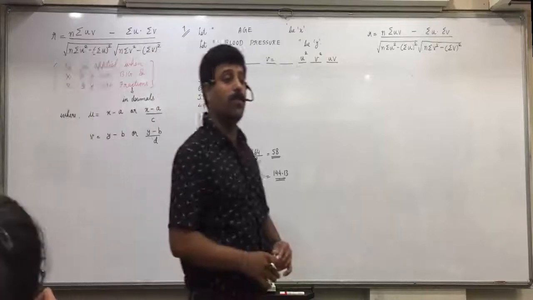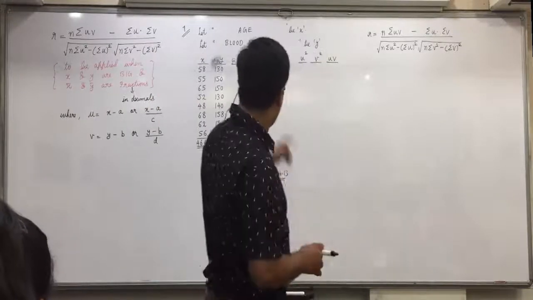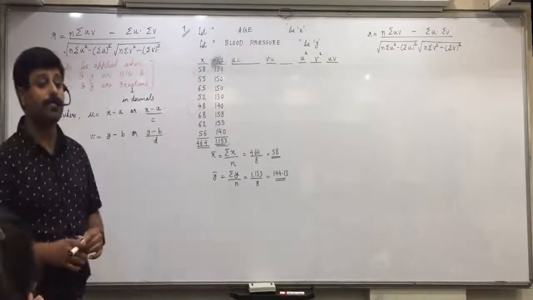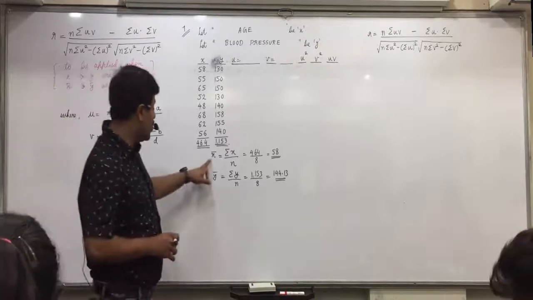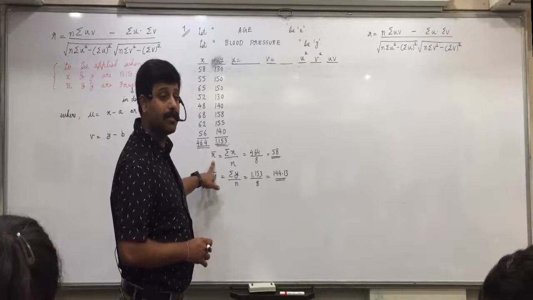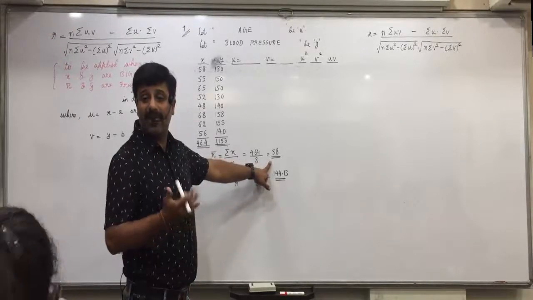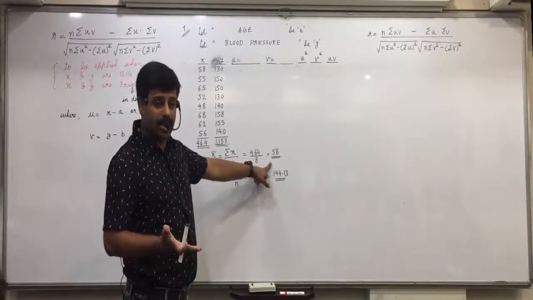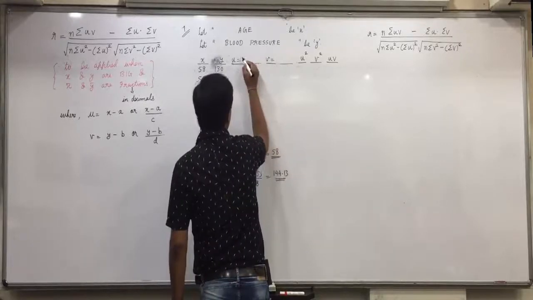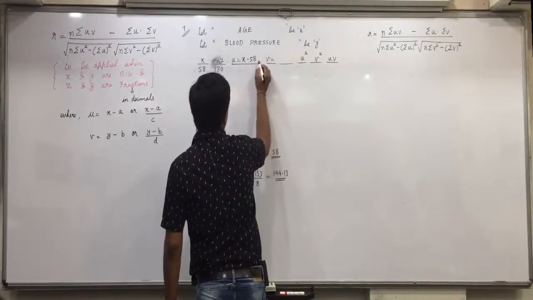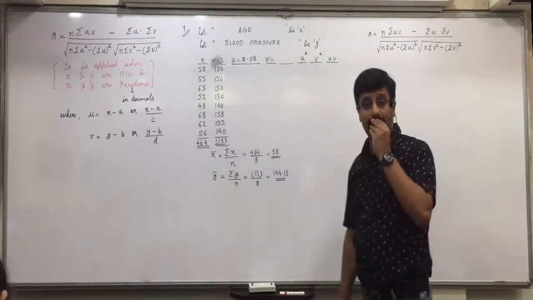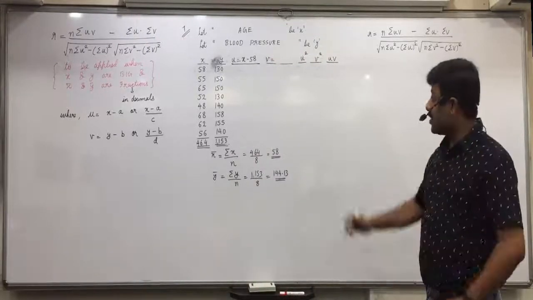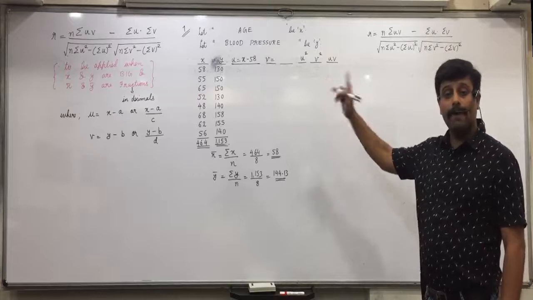Now, Yuvraj, how will we obtain U? X minus 58. 58 is already an integer number, so directly we will obtain X minus 58. That will make our calculations easier because the mean is going to come 0. Is everyone clear with it? Raise your hand who is not clear with U.